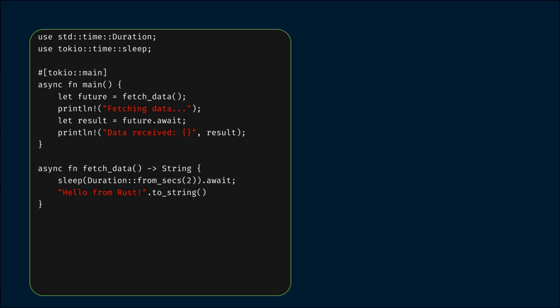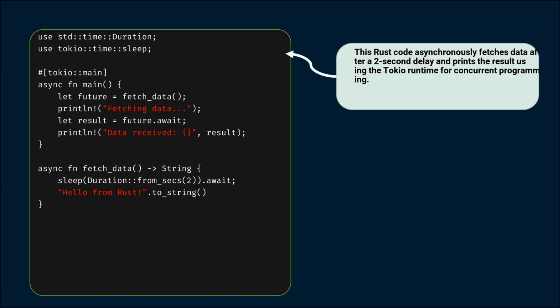Now let's take a look at how we can implement an asynchronous function in Rust using the Tokio runtime. The main function is marked with the Tokio main macro, which transforms it into an asynchronous entry point for our application. Inside this function, we create a future by calling fetchData, which encapsulates the working logic of our async task. Upon invoking this function, it doesn't block the thread but rather returns a future object that represents a value that